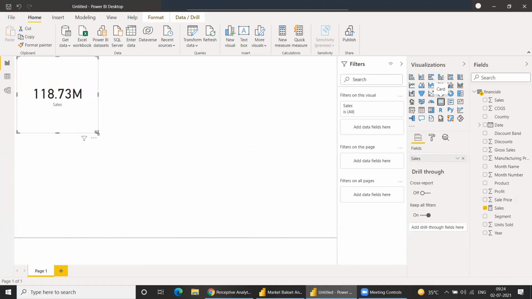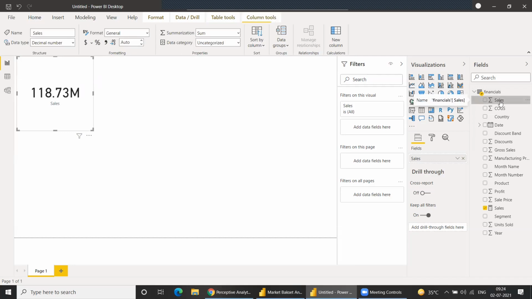Swap, is there any particular reason for us to create this measure, sum of sales, or can we directly use sales itself? If you use sales, it would work, but right now we need to pinpoint min and max, and we are going to use this in that min and max point. So that's why we created Sales.